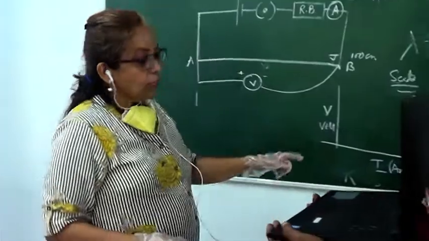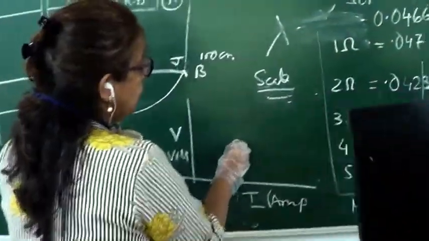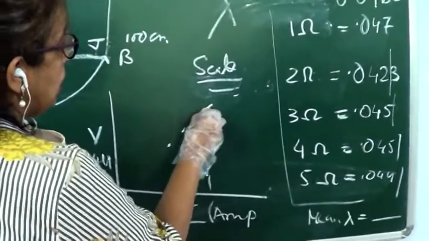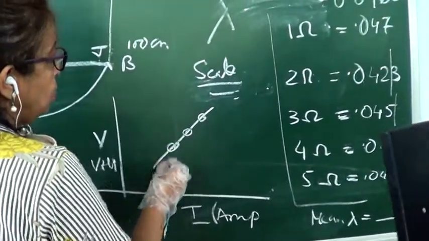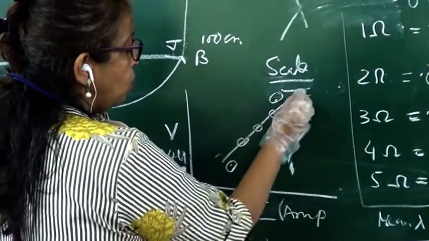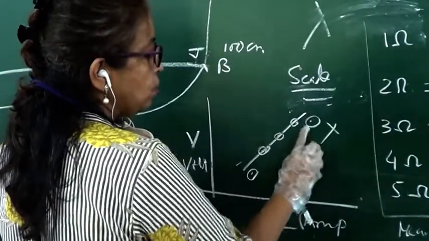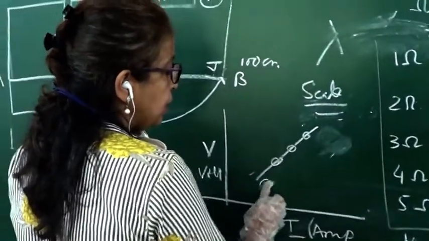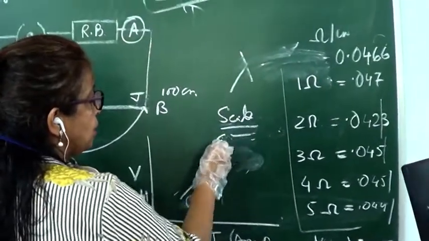Now, once you draw the V versus I graph, please let me tell you, I don't think that all of you will get the line like this. One point here, one above. Don't make lines passing through all the points with some points below the line. This is wrong. I explained all this. I don't know what you did in class 11, but I also explained this. This is the best fit line.